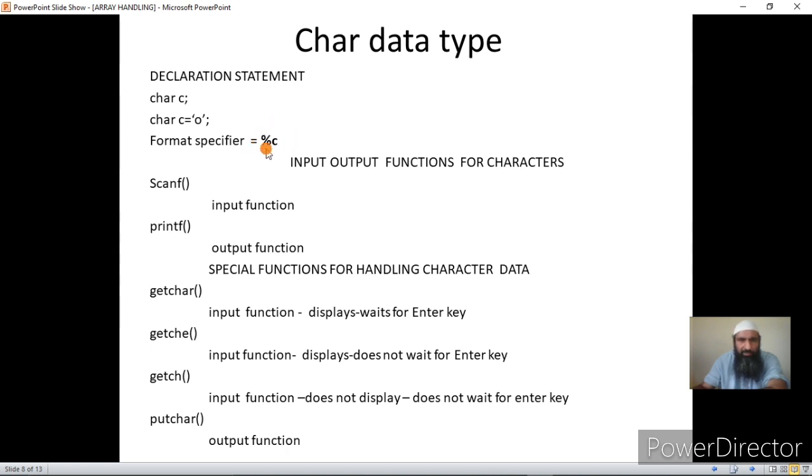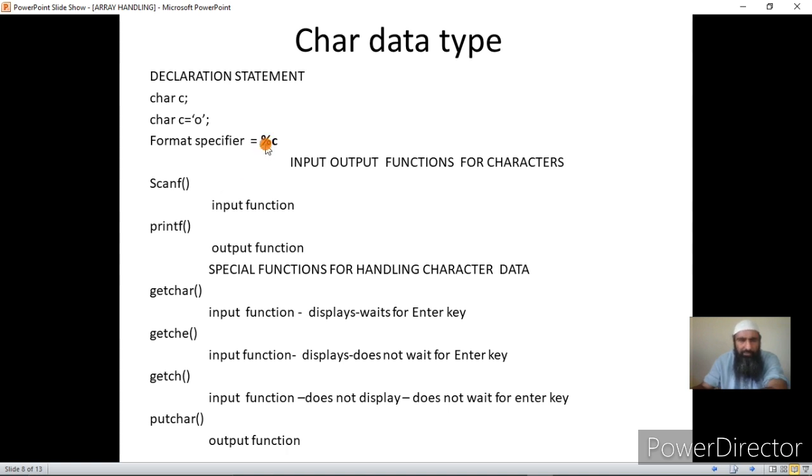Since in scanf and printf we have to give the format specifier, whenever you input a variable with scanf from the keyboard, you will have to give the format specifier %c in case that variable is a character variable. Now if you want to display the contents of a variable on the user screen with a printf which is of type character, then you have to give the format specifier %c again.